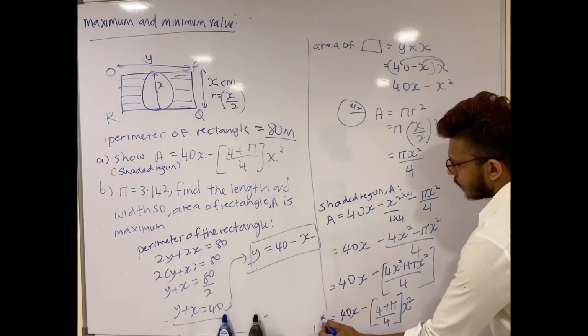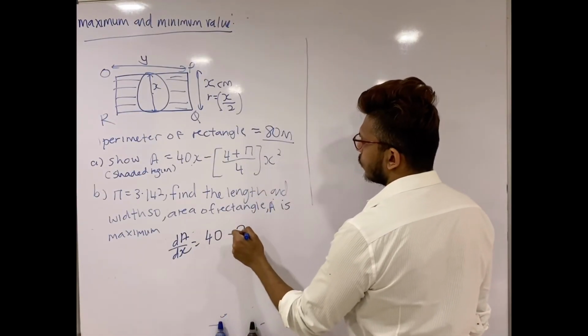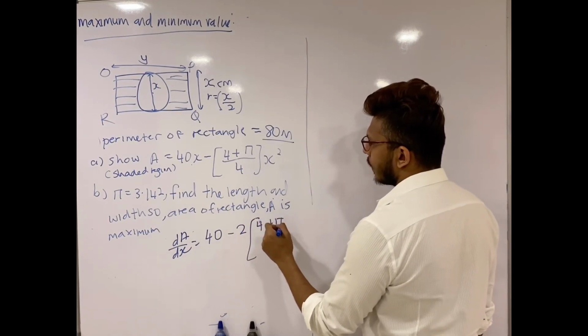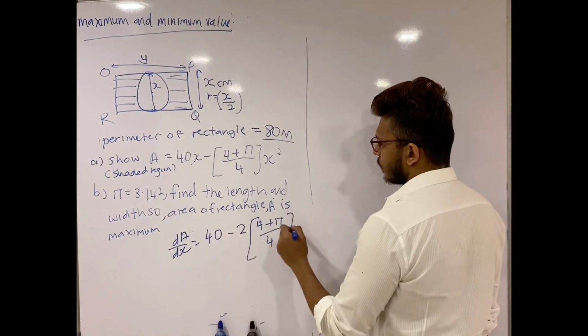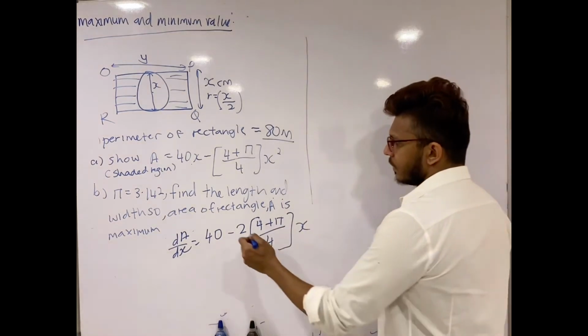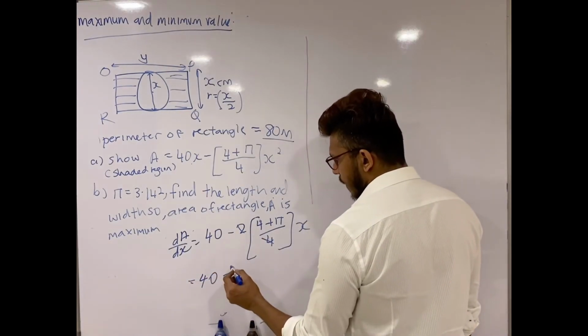So this is our final answer. Okay, you can simplify this. I can cut this and this. That will make it 40 minus